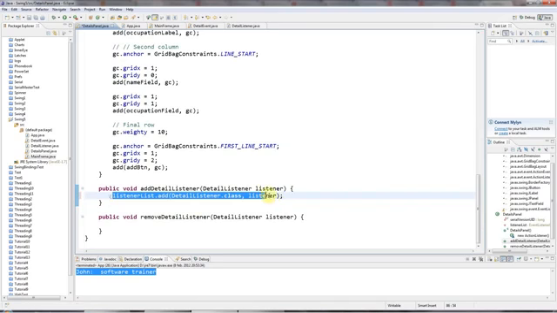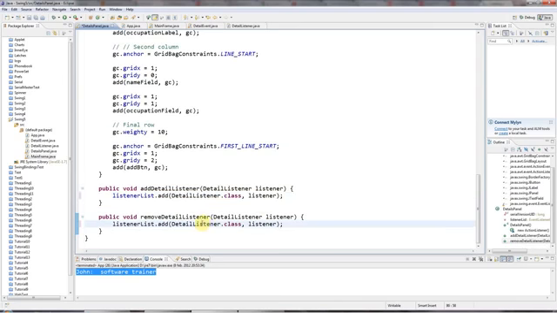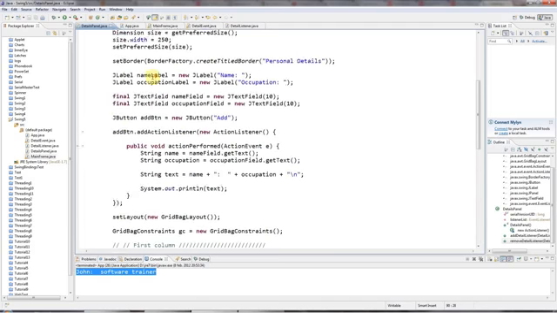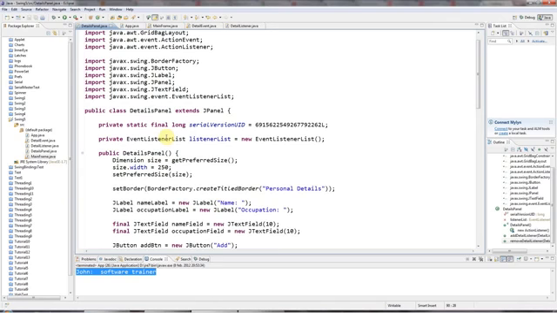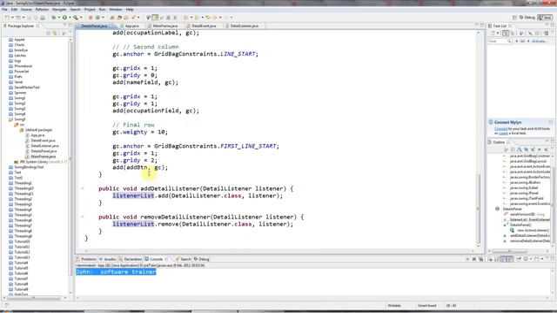So it's pretty simple. I'll copy that because I also want to use that in here, except that this is not going to be add but remove. And now I can add listeners to this class, and I can remove them, and those methods will add or remove to this list here. But I need some way of